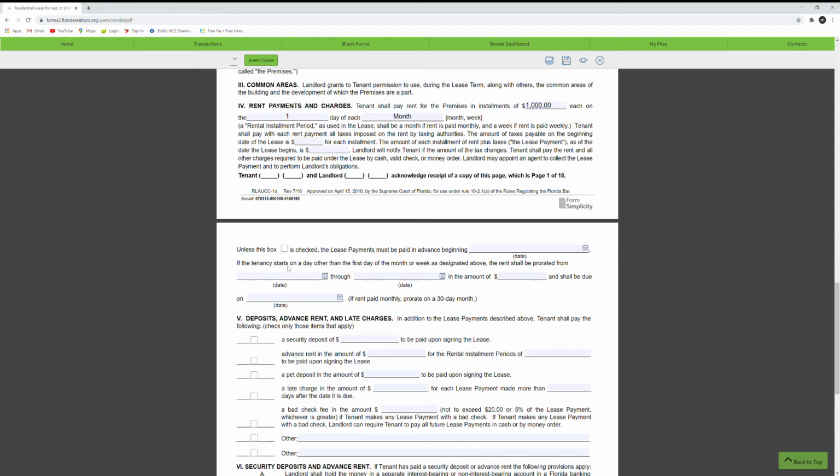If the tenancy starts on a day other than the first day of the month or designated above, then the rent shall be prorated. Most of the time, I leave this blank here also. I usually don't prorate the rent. Most of the time, landlords just, if they move in on the 10th, then the rent is due on the 10th of every month instead of prorating it and making it a little bit more complicated to prorate the rent for that month,